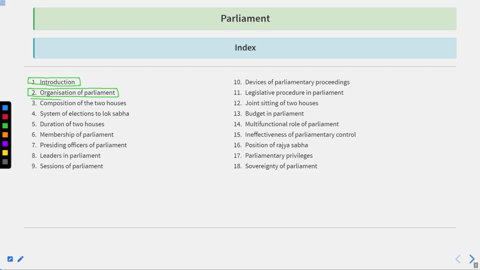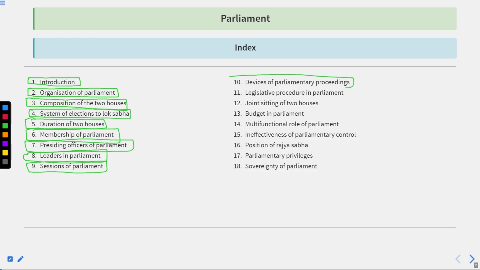thereafter composition of the two houses, thereafter system of elections to Lok Sabha, thereafter duration of two houses, thereafter members of parliament, thereafter presiding officers of parliament, thereafter leaders in parliament, thereafter sessions of parliament, thereafter the devices of parliamentary proceedings,